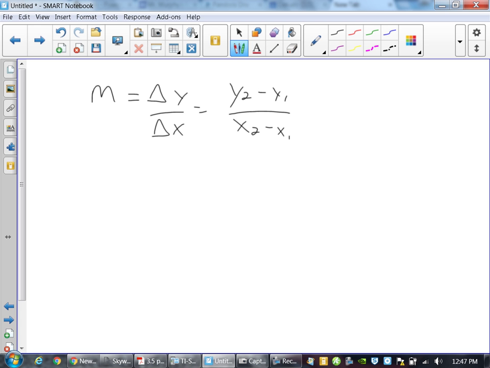Because too many people aren't looking at notes, they aren't looking at anything. I get it. I know we've done this, and I'm trying not to beat a dead horse here, but trying to help everybody out. When we're setting these things through, if we do stuff like this, and you're given a set of ordered pairs, and we're writing all this stuff out,